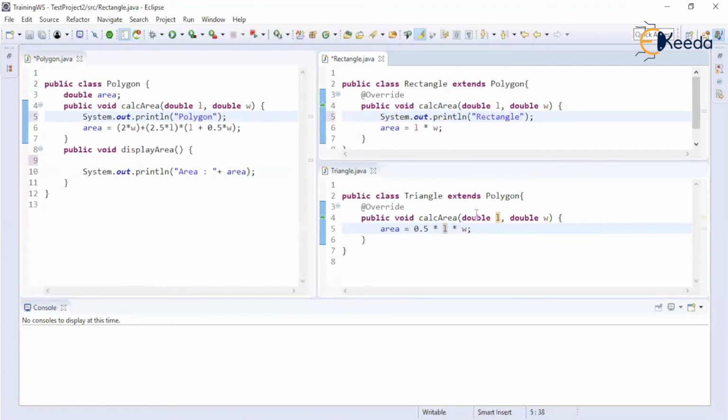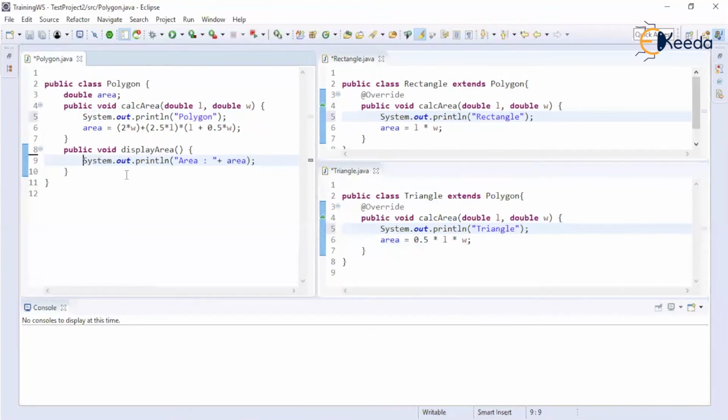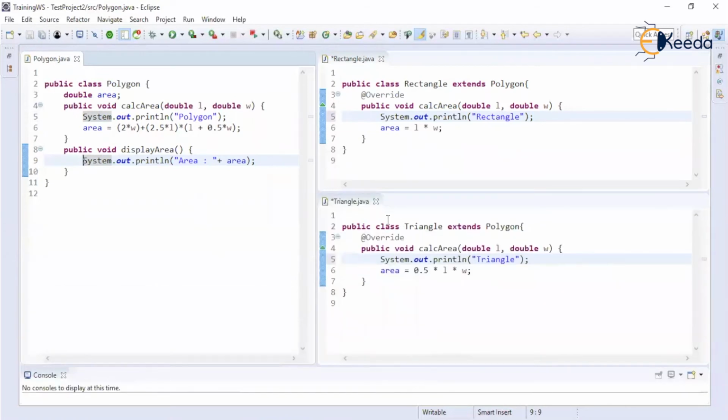because we haven't overridden display area. Why don't I need to redefine display area? Because I'm okay with whatever implementation is provided by display area for me, right? I don't need to redefine that particular functionality.